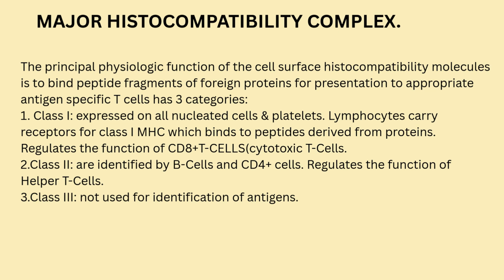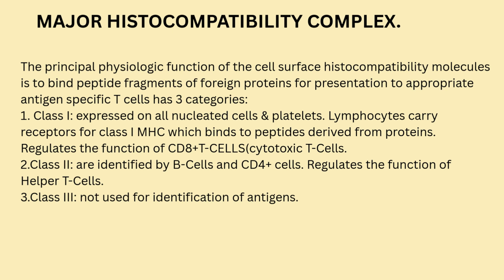These T cells first need to identify which are the foreign bodies that require destruction or are harmful for the body. So the histocompatibility molecules help identify them by binding with peptide fragments of foreign proteins. They set the target for specific T cells,